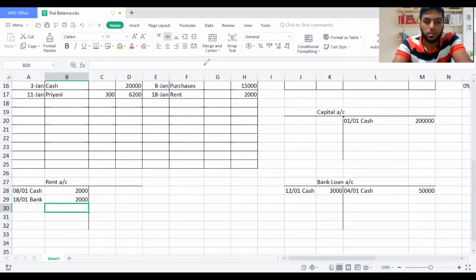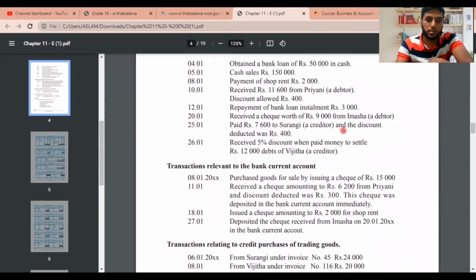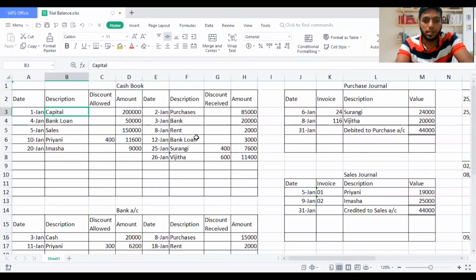Then we move on to the next part of the sum. It says that deposited the check from Imasha on 20th first, 2,000 in the bank current account. So you all remember that we received a check on 20th on the cash account. We directly took it as cash. But now the money which we got in cash, we are putting into the bank. So how do you record this? We will credit the cash account that 9,000 which we received from Imasha, but then I will not say Imasha,